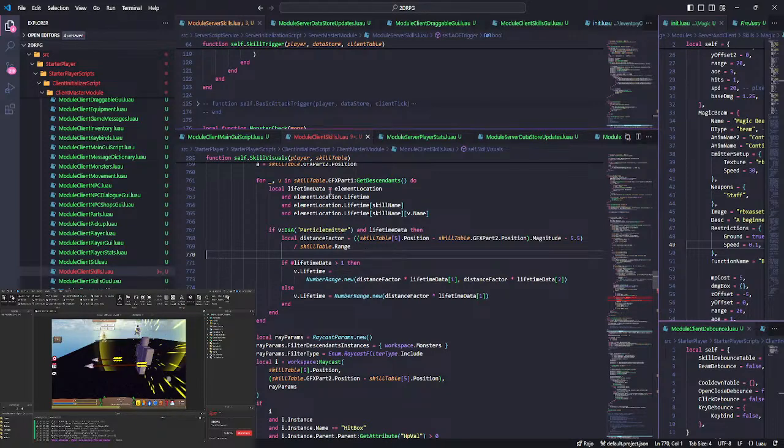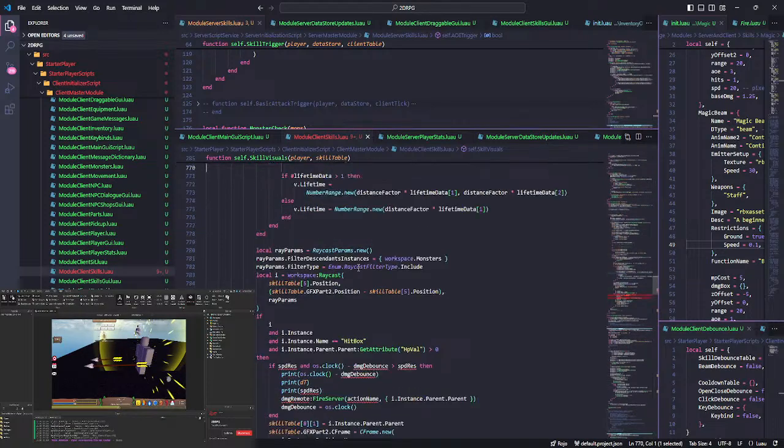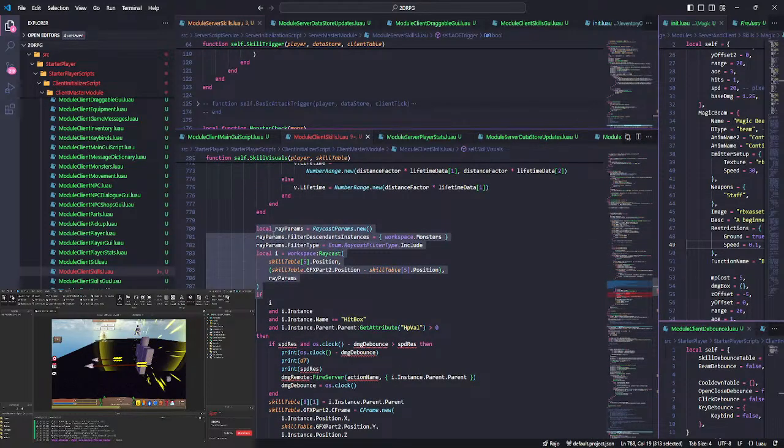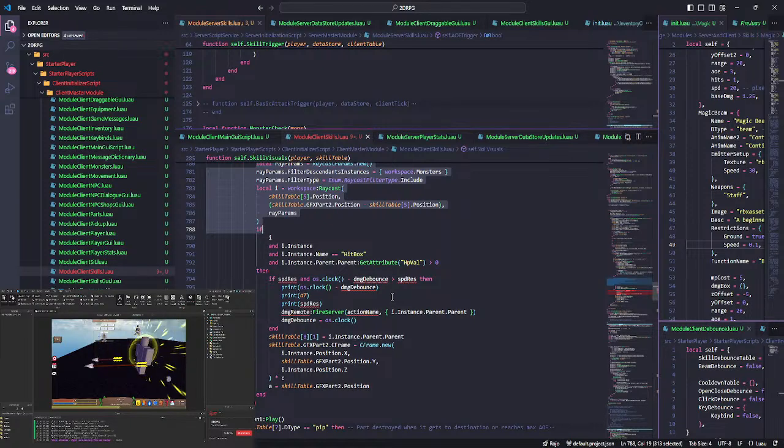Alright, so we got the particle emitter. Cool. This is the important part here. I have the ray here. Alright, so what I'm doing, I don't want to fire server here. I still need the instance.parent thing. I already do that here actually. So I need to set